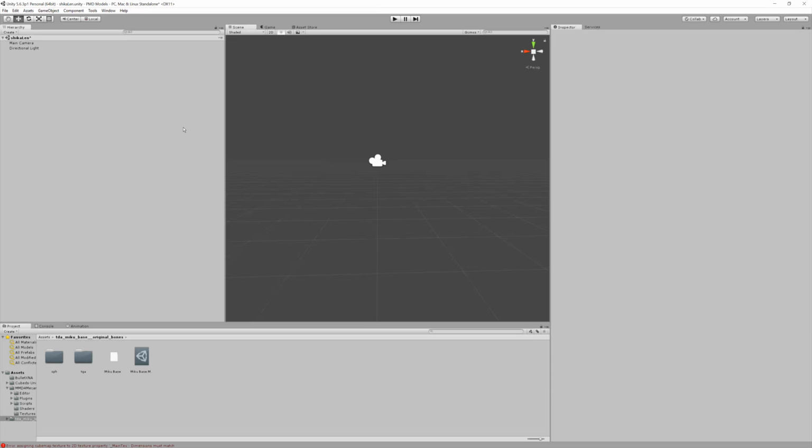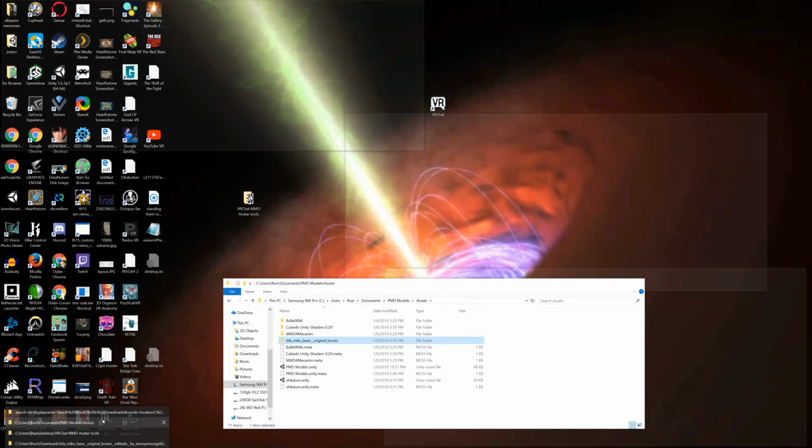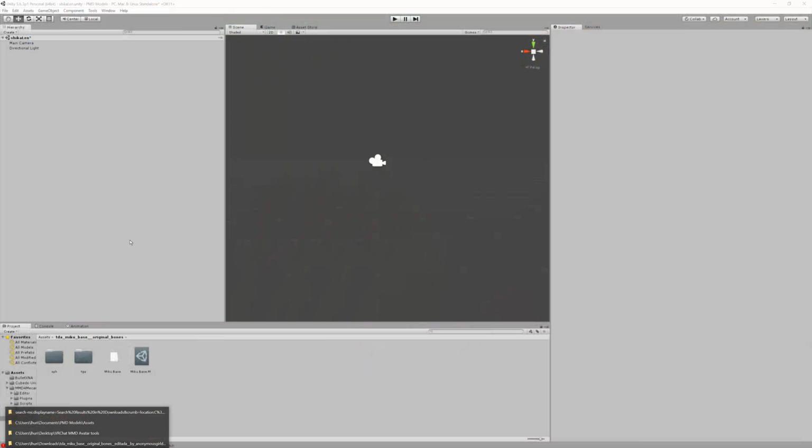So you need a couple of tools to pull an avatar from a PMD file or PMX file into Unity, and then be able to use it. Now, because of my first video almost 2 years ago, the stereoarts.jp tool,